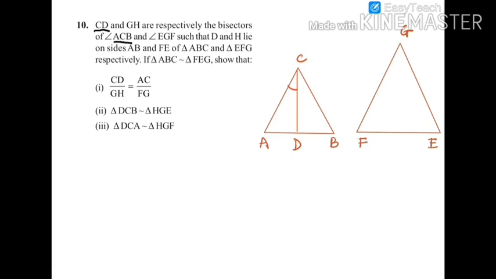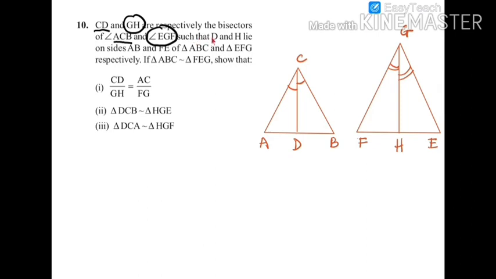So angle ACD will be equal to angle DCB. Similarly, GH is an angle bisector of angle EGF. So GH bisects angle FGE. So angle FGH will be equal to angle HGE,